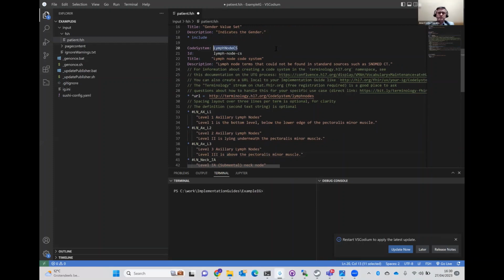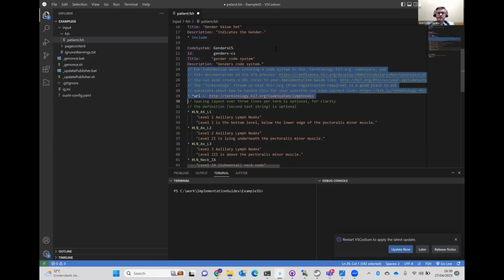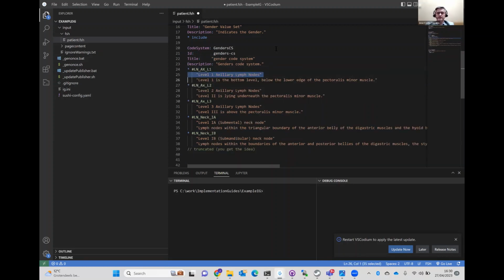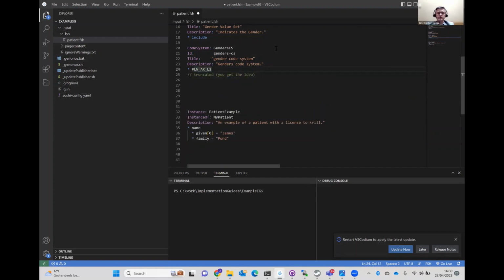Check, okay, code system. This is genders system. Title is, sorry, typing as fast as I can here. And then this is nothing. I don't need this. I just need the gender. So tell me which genders you would want to use